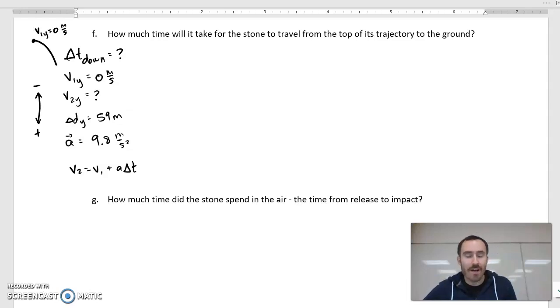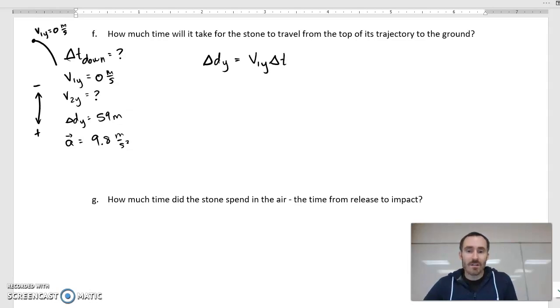But we don't have v2 in this case. So we're going to have to look a little deeper into the formula sheet to figure out what we're going to use for this one. And it turns out, with the y displacement,